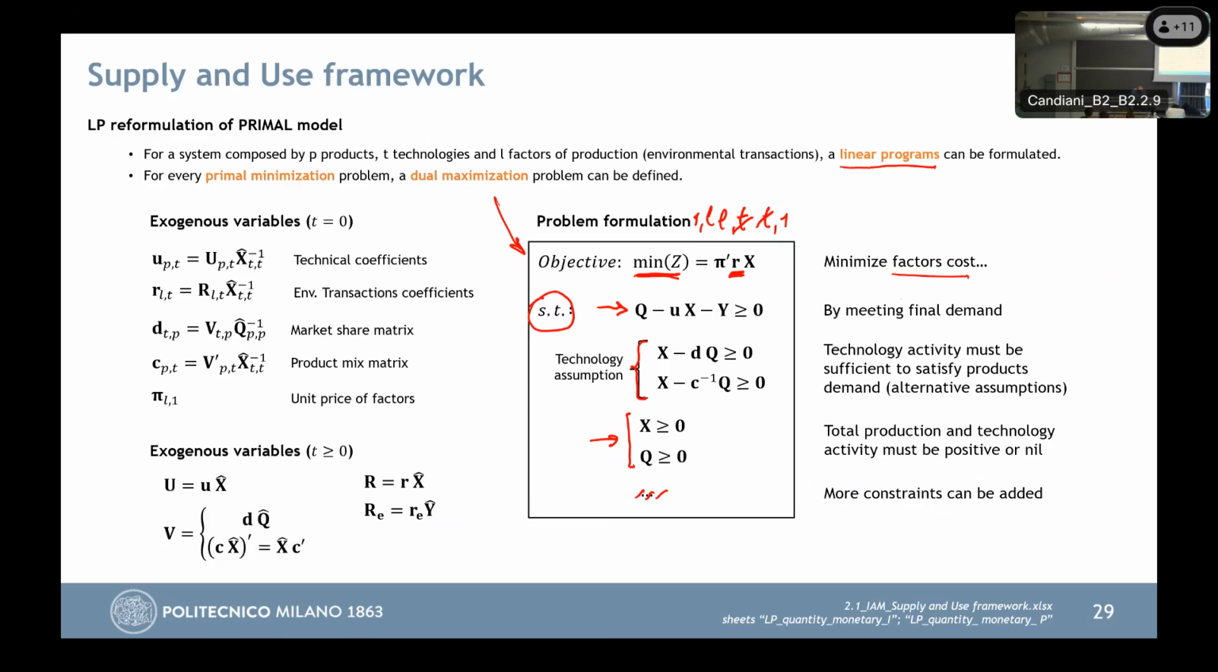So once the system is defined, I have to inform the system with some exogenous variables here. Of course I'm defining the structure of the system, so I'm defining the use coefficients, the environmental transactions, the D or the C matrix, the prices of factors, and then once the system is solved, I can get my endogenous variables. So I'm getting the U, the V, the R, etc. I hope I have the time at the end of the course to let you see the energy system model of Italy that is defined according to this